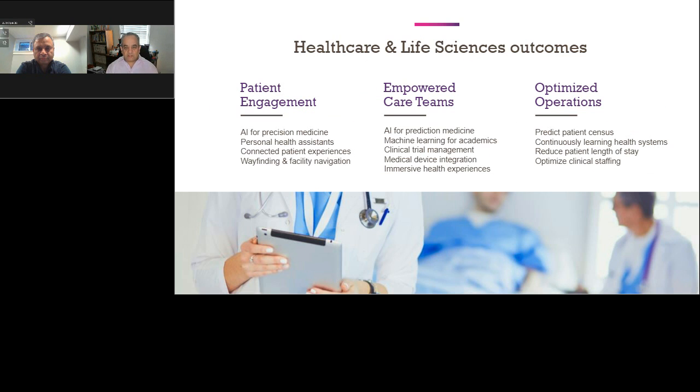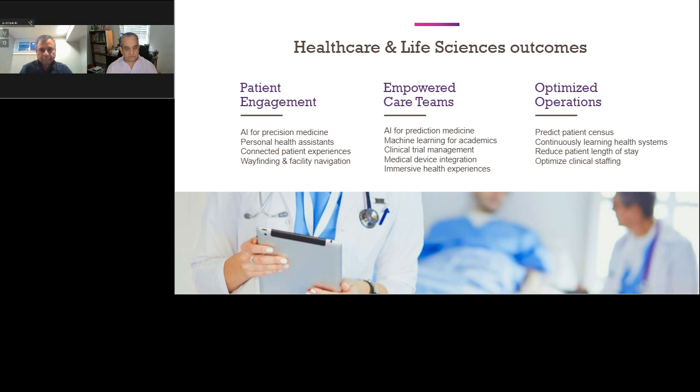So in the healthcare and life sciences, one of the things that we like to focus on is patient engagement, all right? And in those, we go after AI for precision medicine. Imagine being able to do diagnostics in a much more accurate and rapid fashion, being able to take your very expensive and very busy staff and empowering them to be more effective in all of that.